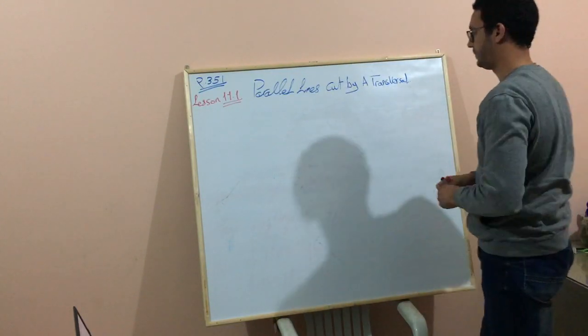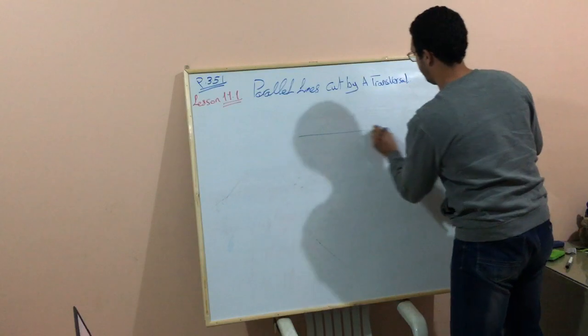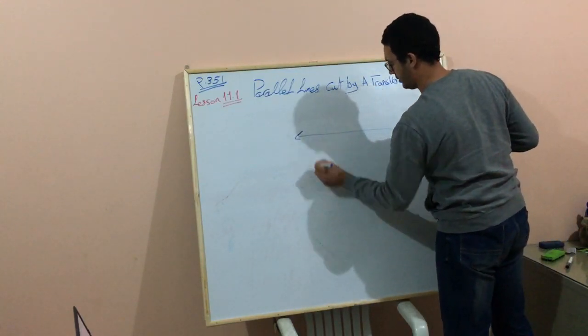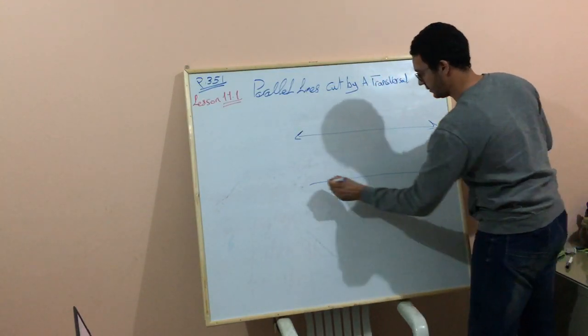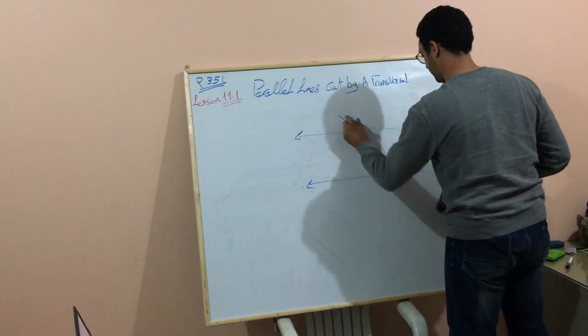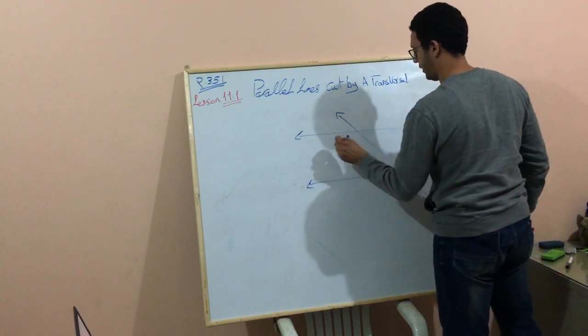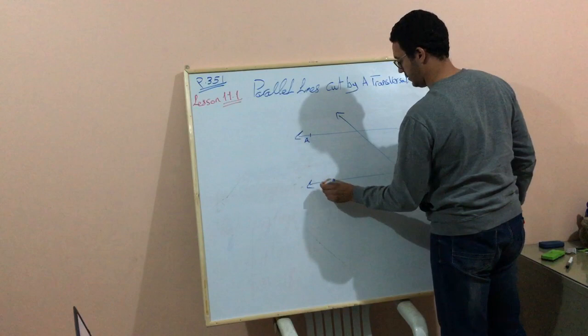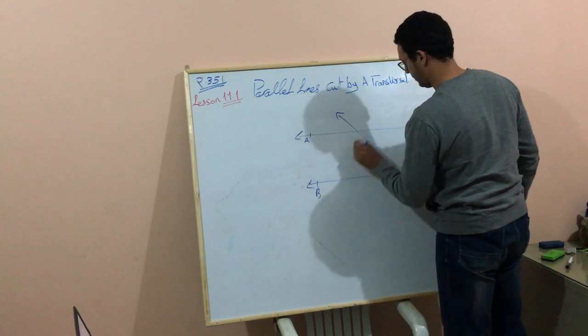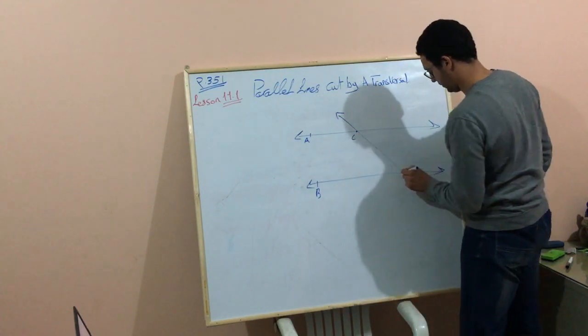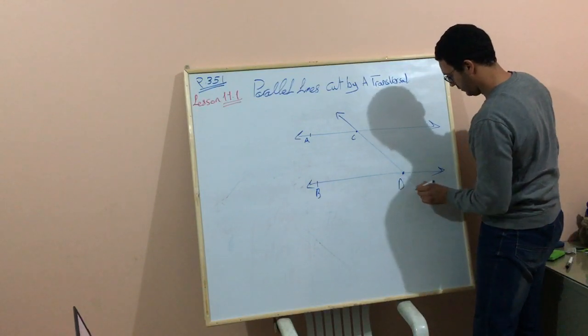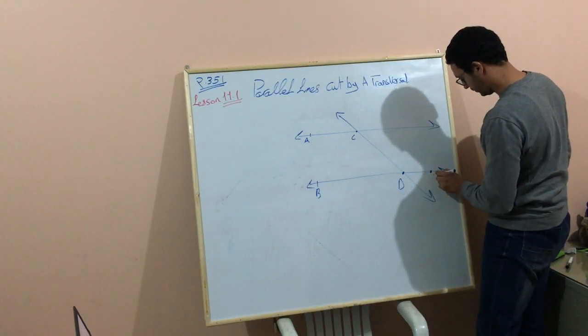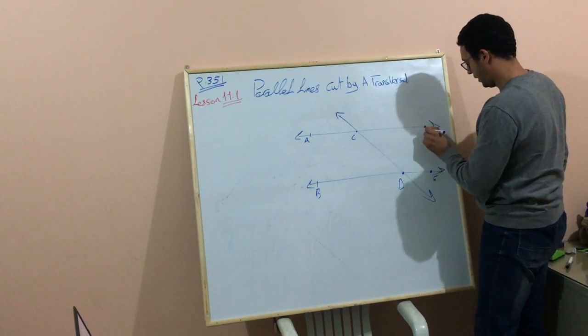For example, here we have two lines, two parallel lines, and here we have A, B, C, D, E, F,